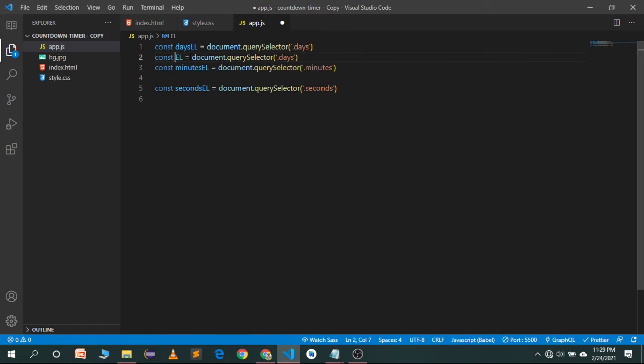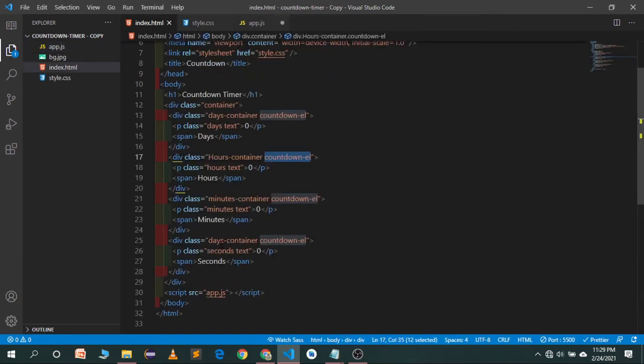So let's import the hours. You can also import whatever you want first, but I want to keep it simple, that's why I am doing it this way. Let's save this one, and now let's see, we have same class names: minutes, seconds, hours.